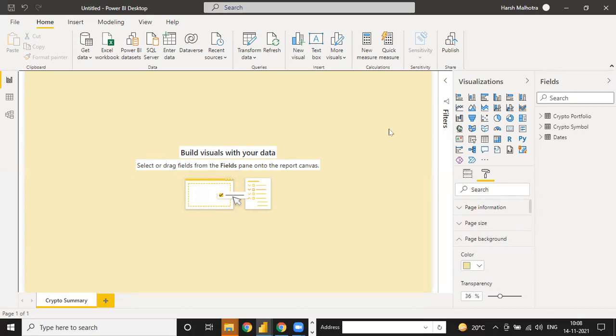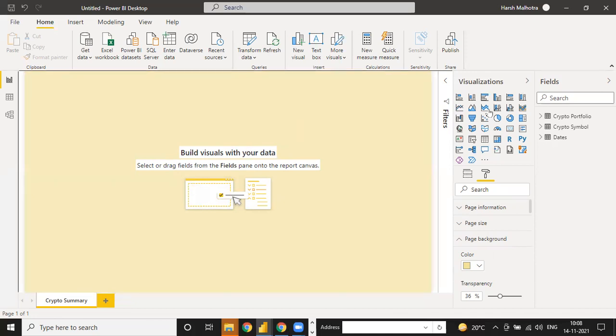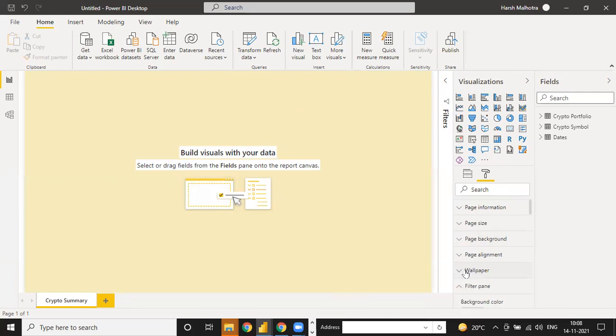If you select any page, if you need to change any page format orientation, you can select via this, and you have to select this two or three column to select the page. And now this is my crypto portfolio, guys. So we need to write some measures into this.